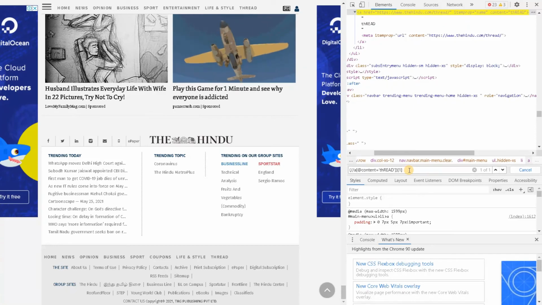So like this, you can use your imagination and try to get the tags from the website. As I already mentioned, if the tag is unknown, like if you don't know if it's an anchor tag, you can specify asterisk. Asterisk represents that it can be any tag. In any tag, try to find the content with the name of thread. Like that, we are trying to find the content. So this is the basics of XPath. I will show you more examples in the upcoming projects.